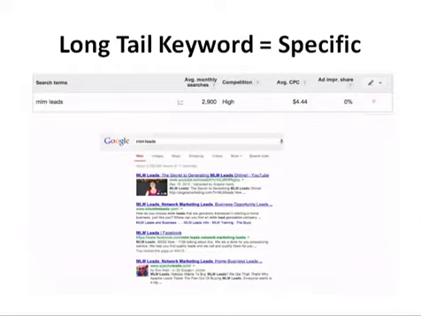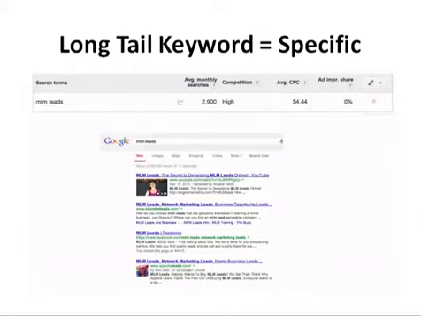If you notice here though, we have 2,900 searches in Google for the keyword MLM leads. Now, this is a more specific term, and it's also going to cost you more. So you see, if you're paying for pay-per-click or paid traffic on AdWords, it's going to cost you $4.44 on average per click. Now, the reason that this happens is it's a very specific keyword, and this is a buyer keyword, meaning people